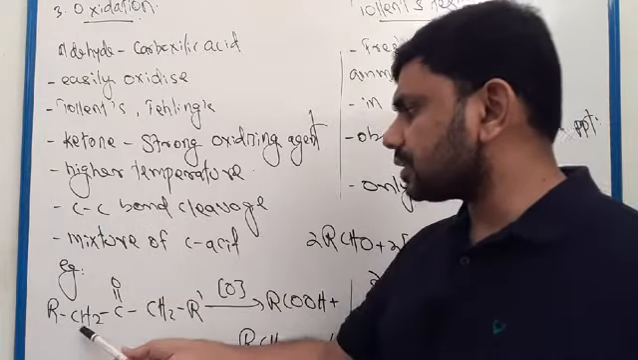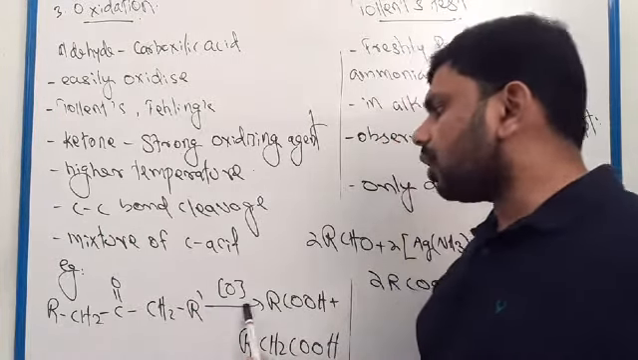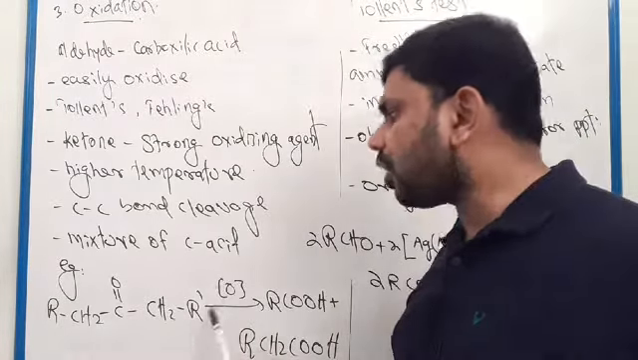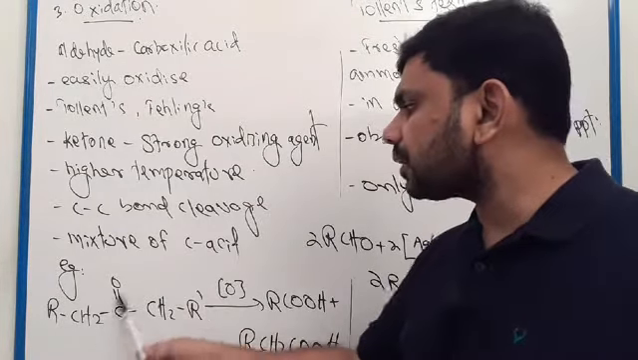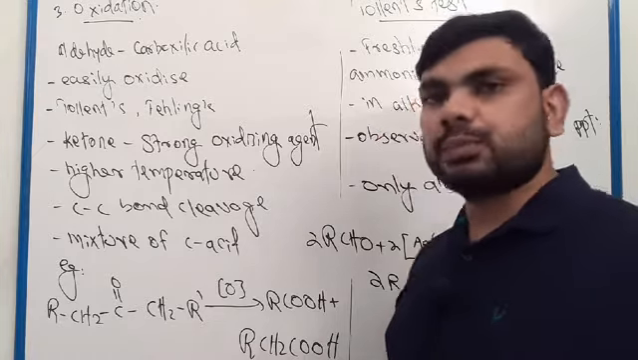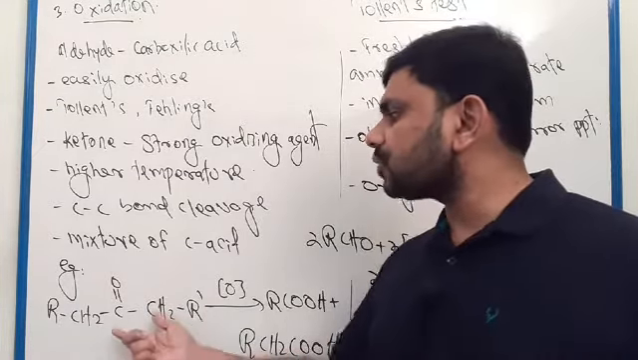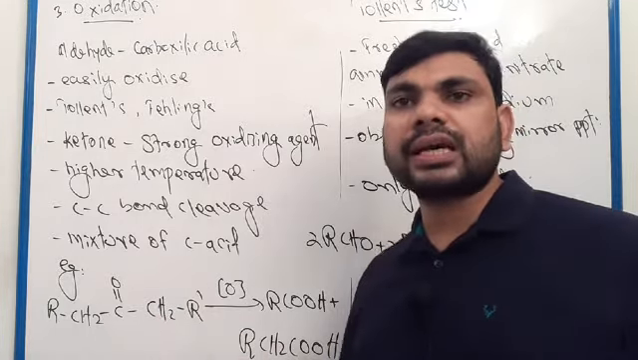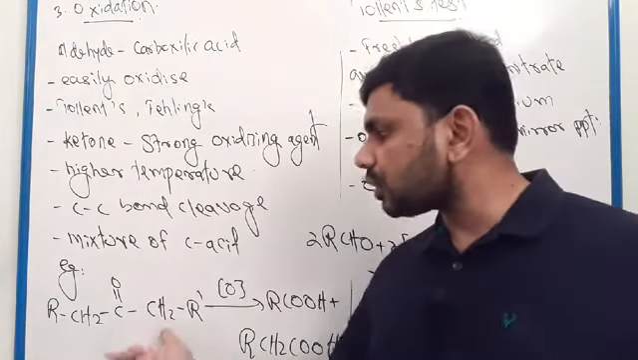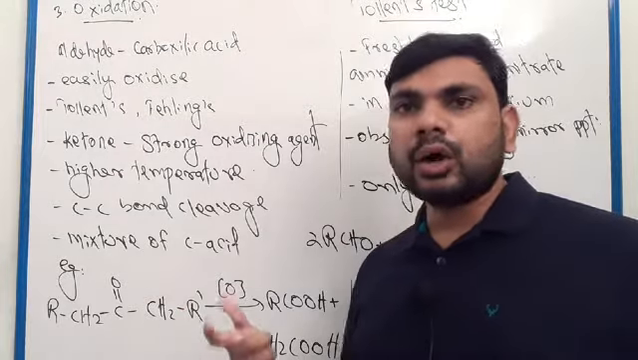For example, this is one ketone. After oxidation in the presence of a strong oxidizing agent, carbon-carbon bond cleavage takes place. After that, a mixture of carboxylic acids will be formed, a mixture of carboxylic acids obtained